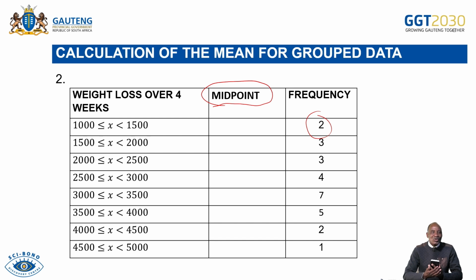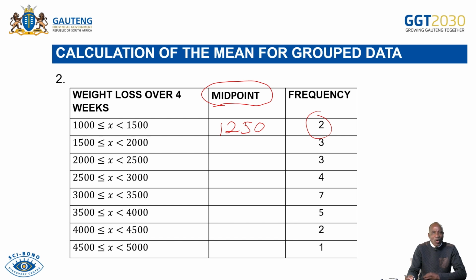You add those 2, that's 1,000 plus 1,500. You get your total, which is 2,500. Then you divide by 2. I'm getting 1,250, which means the middle value here is 1,250. That is my first number